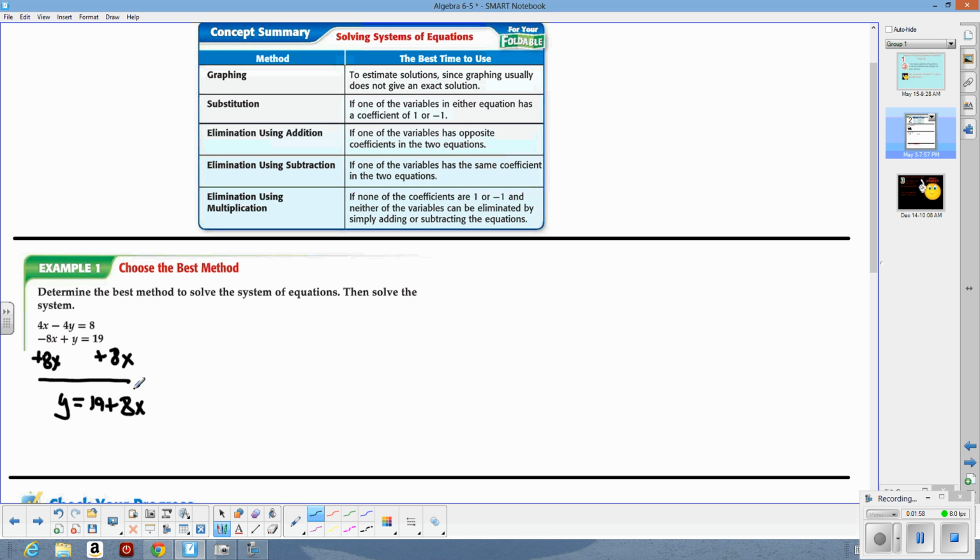Now I'm going to substitute this in place of y, so I can then solve for x. So we're going to go ahead and write 4x minus 4 times, now we're going to put all of this stuff that y is equal to right here, 19 plus 8x